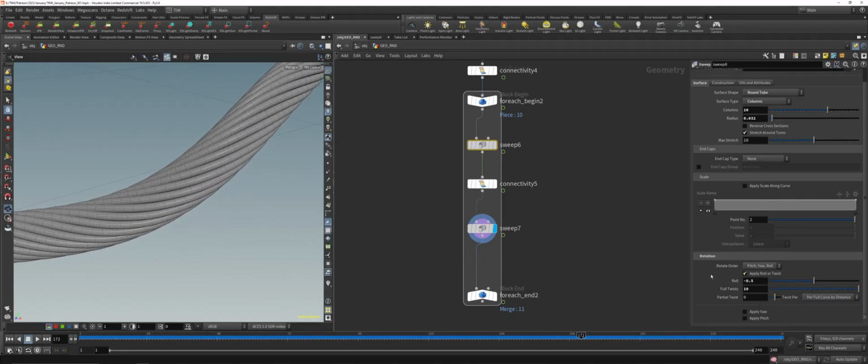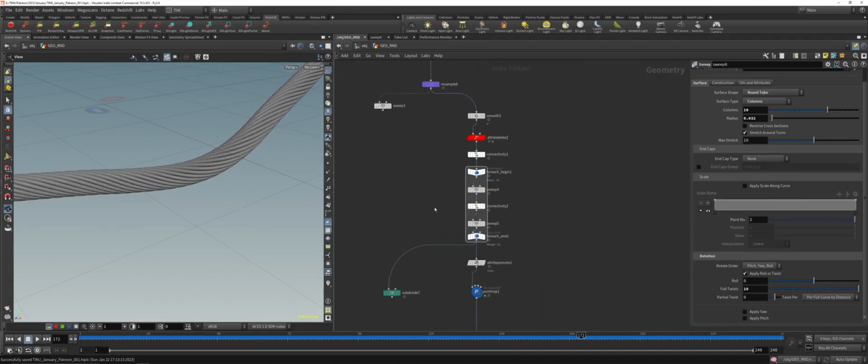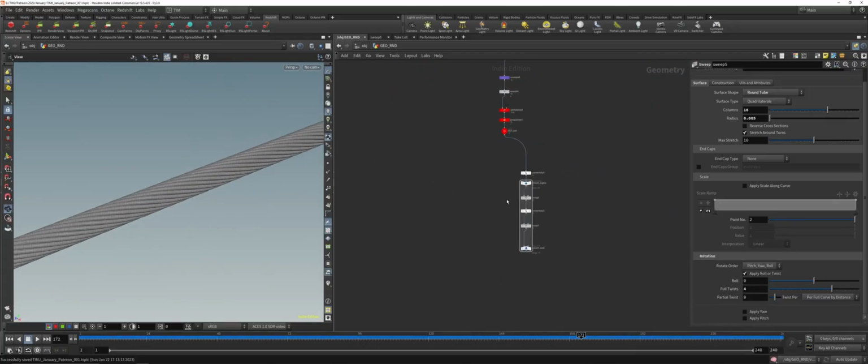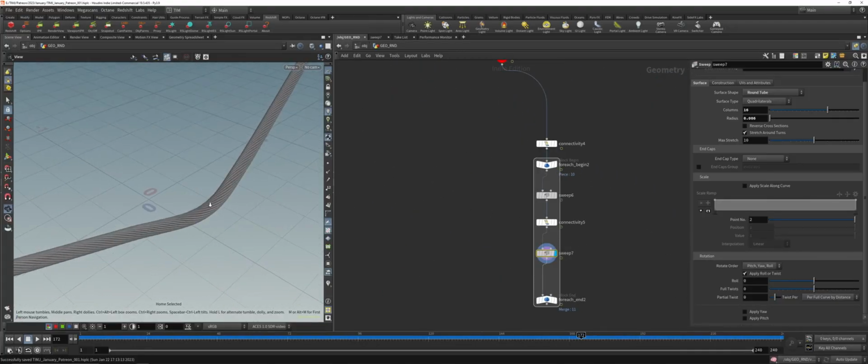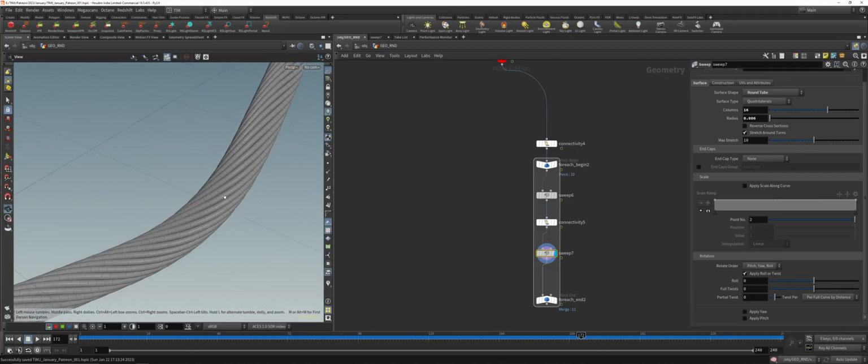Could be also cool. Yeah, your twists, you could look up on references on how steel ropes or steel wires, how many twists they got per meter, etc. But yeah, I just eyeball that